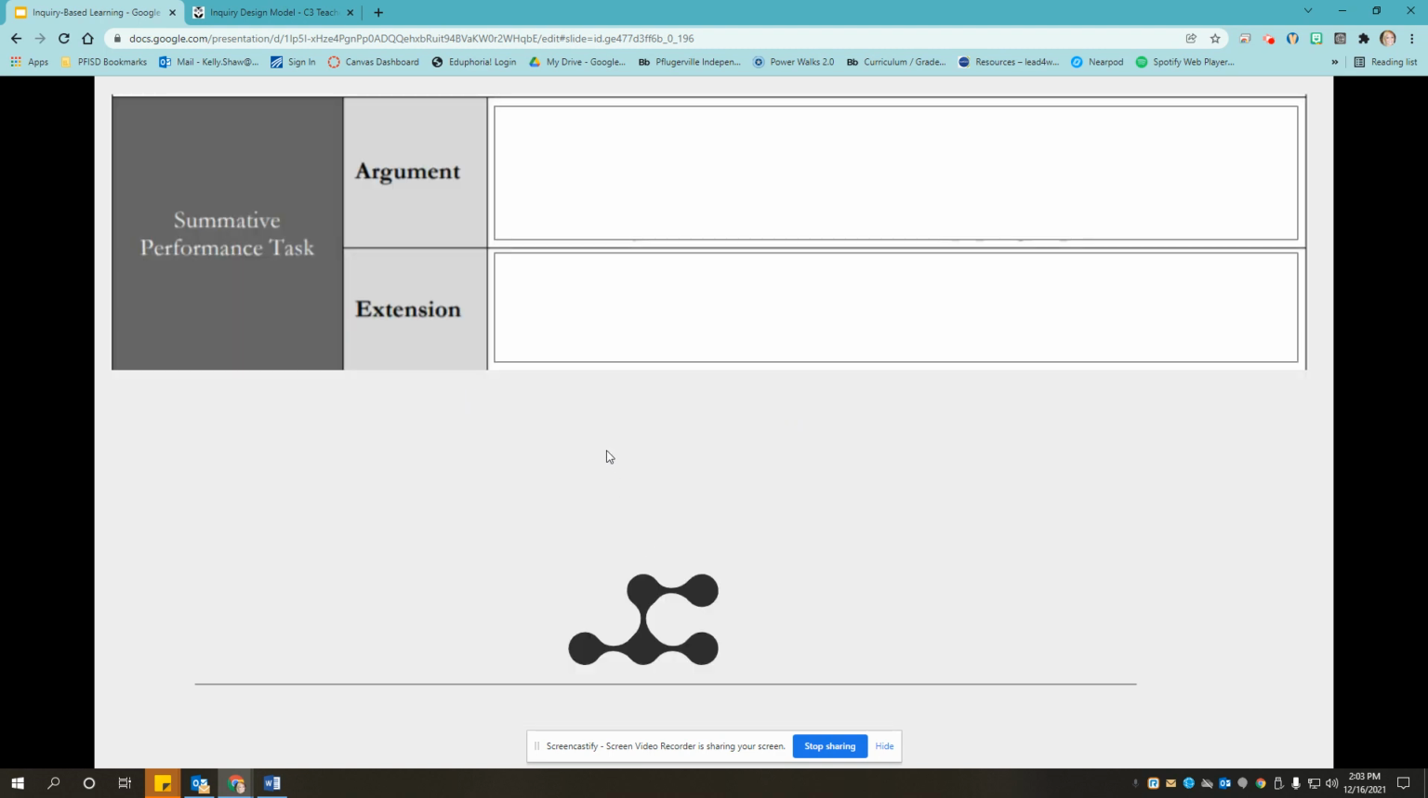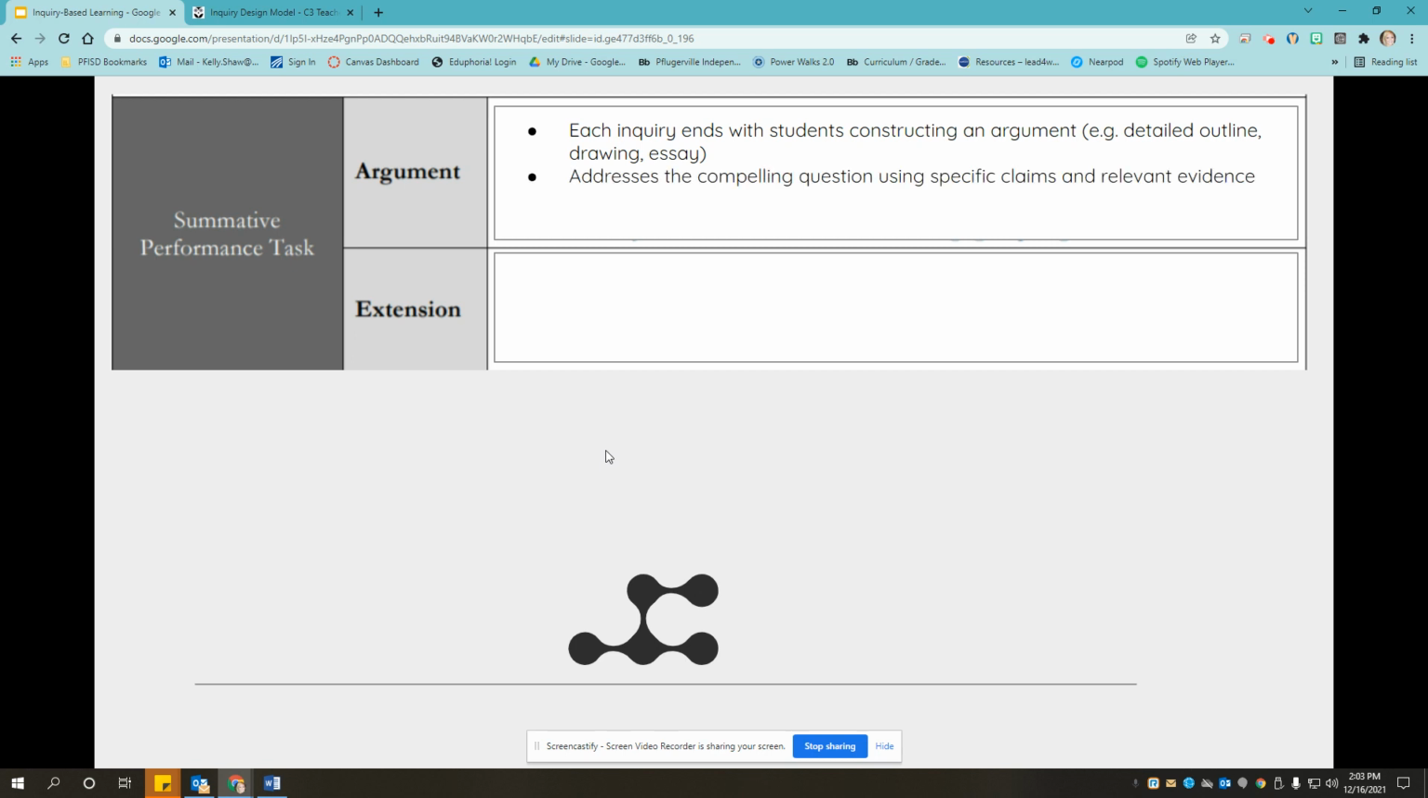The summative performance task is the end goal. You have your argument. So each inquiry ends with students constructing an argument, a detailed outline, a drawing, an essay, however they want to do it. It addresses the compelling question using specific claims and relevant evidence. An example for a summative performance task for the American Revolution would be